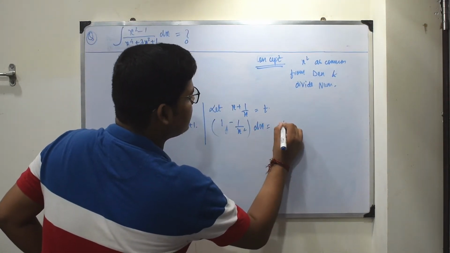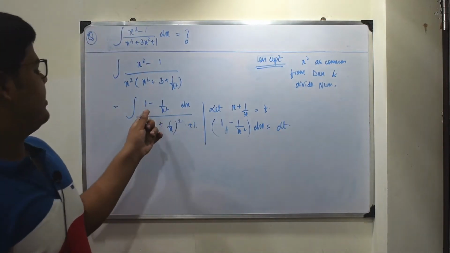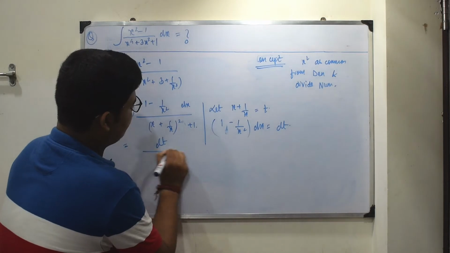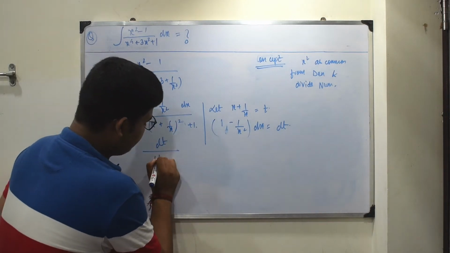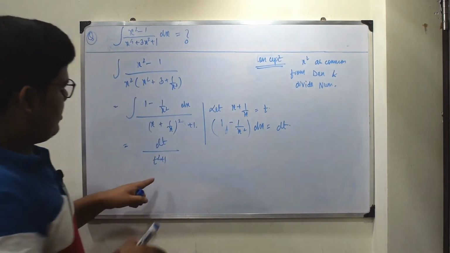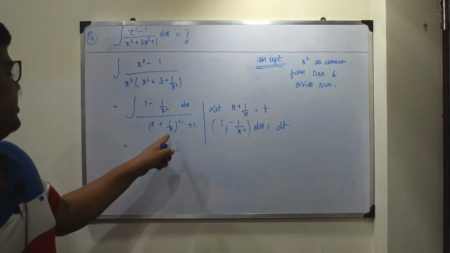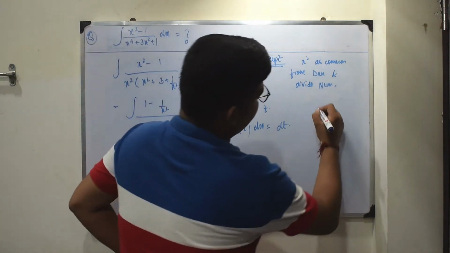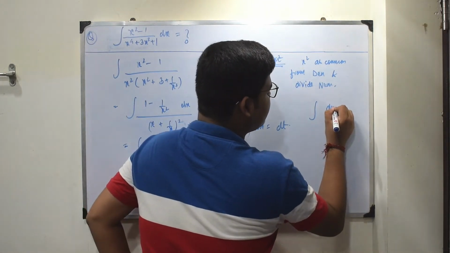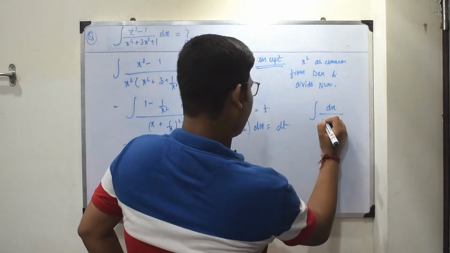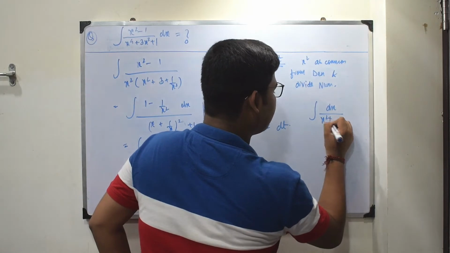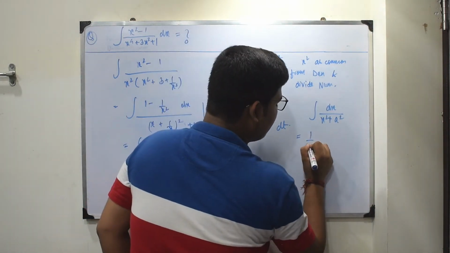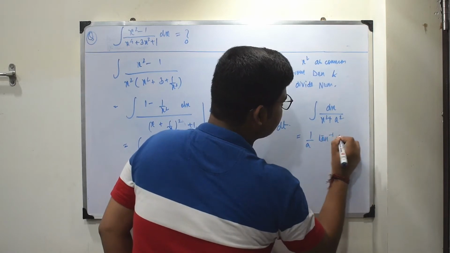Okay, so dx is equal to dt. This is already ready in our numerator. Substituting, dt upon t square plus 1. Now what is the integration of dt upon t square plus 1? We all know that the integration of dx upon x square plus a square is 1 upon a tan inverse x